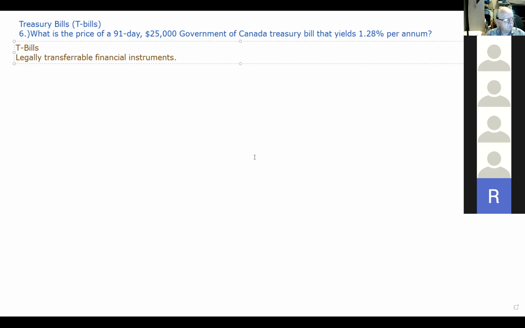That's what we saw happening with the promissory notes. One person can sell this piece of paper, and then the other person has the legal right to collect that money. But these things are issued by governments,